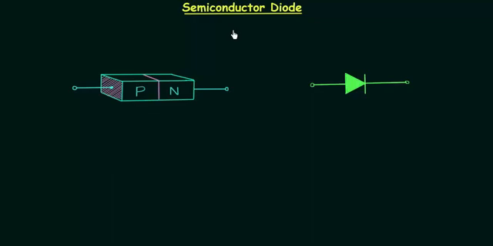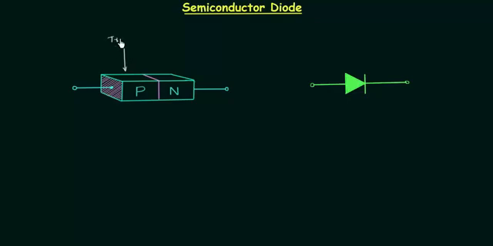A PN junction with two metallic contacts is known as a PN junction diode or semiconductor diode. A semiconductor diode is formed when trivalent impurities are introduced on one side and pentavalent impurities are introduced on the other side of a single silicon or germanium wafer. For example, if this is the silicon wafer and we introduce